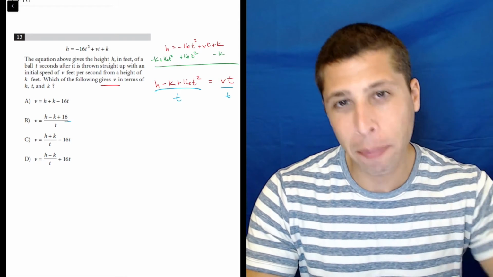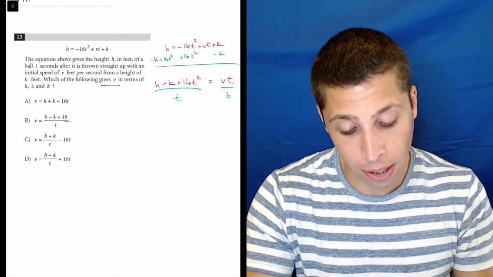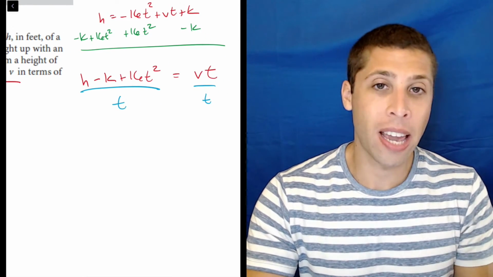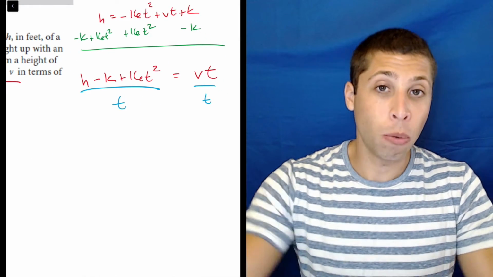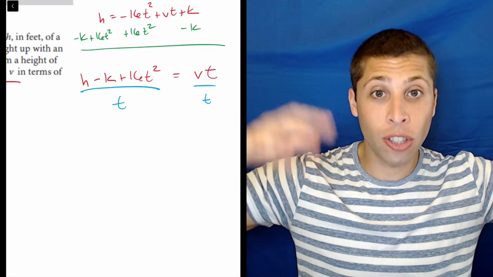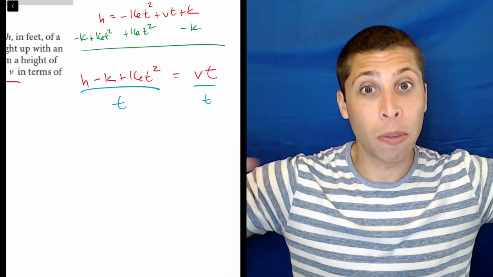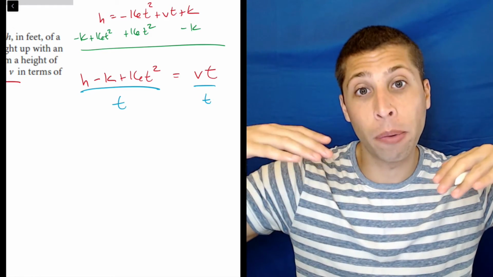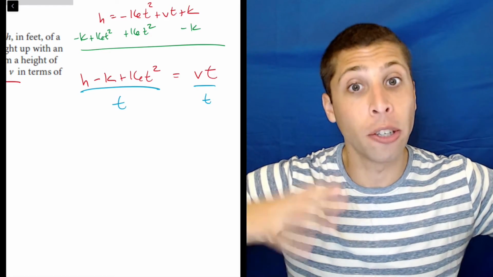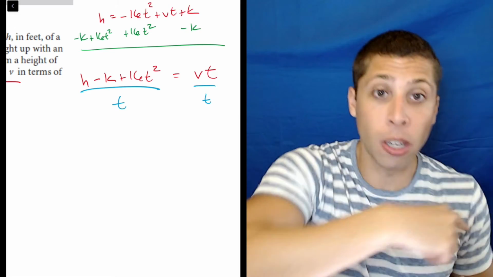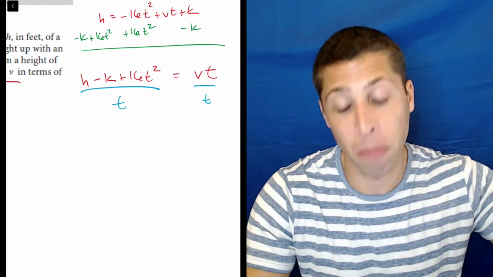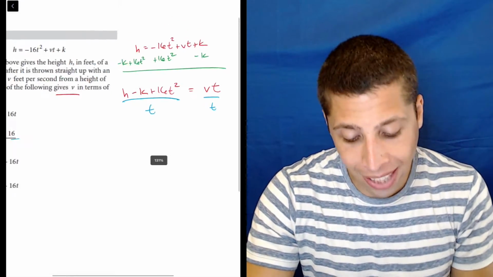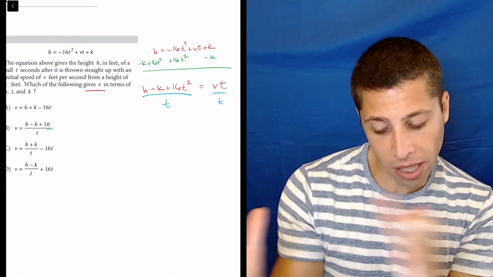Another way, though, to think about division, I think it's really helpful here, is that it actually behaves like multiplication. So when we're dividing multiple terms by the same number, we would break it apart, the same way that if we were multiplying a bunch of stuff by the same number and using distribution, we would distribute and bring that term into multiple pieces. So here, kind of just looking at my answers and seeing what's going on here,